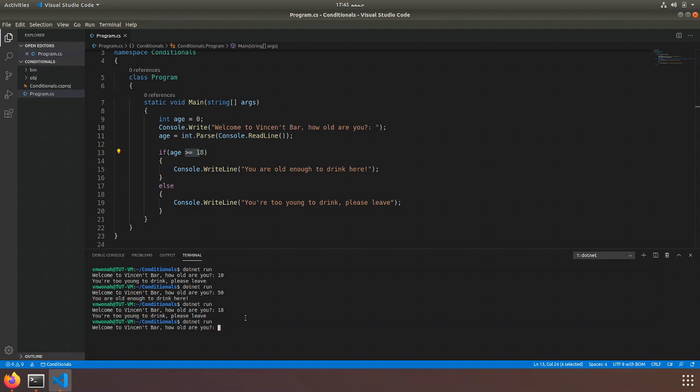And then welcome to Vincent's Bar. How old are you? I keep forgetting to change this. And this time I'm going to say I'm 18 again. And now you see the difference. It's saying I am old enough to drink here because I corrected that. And that really is it